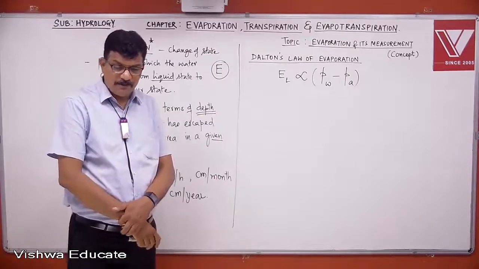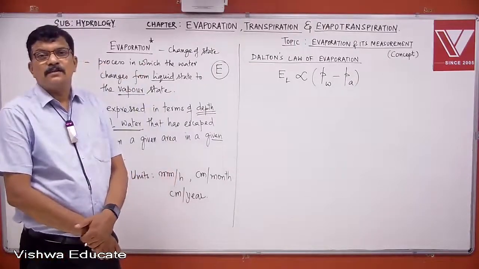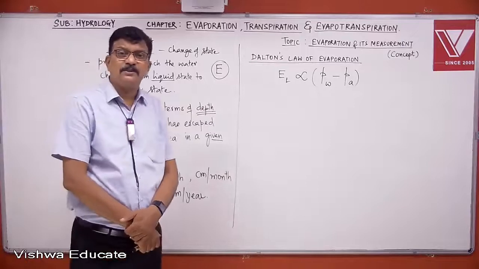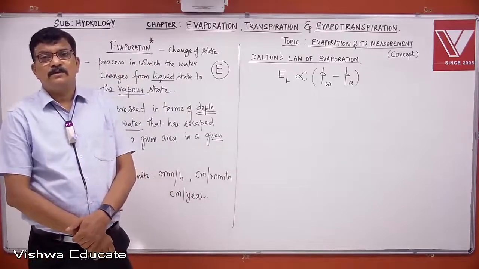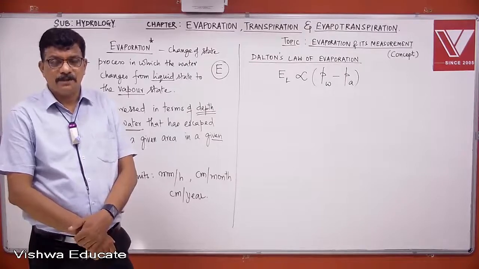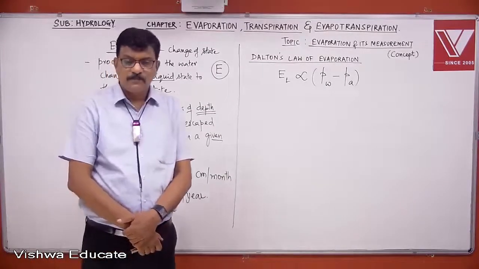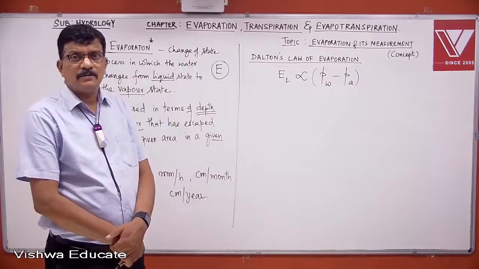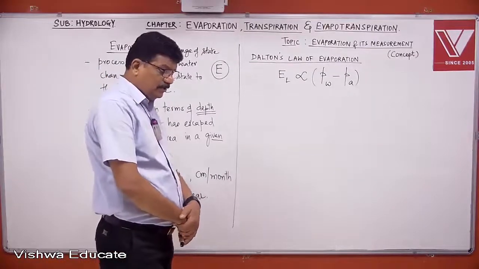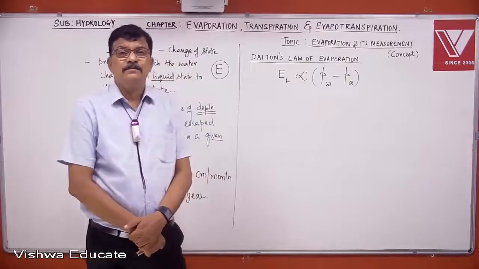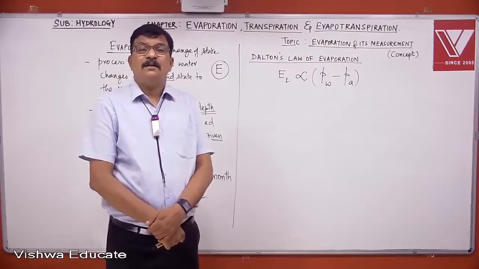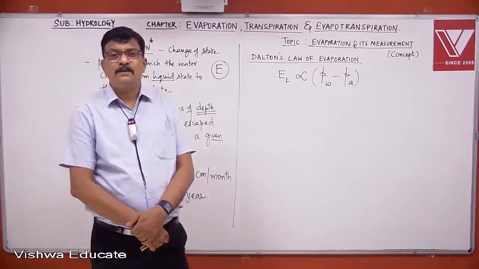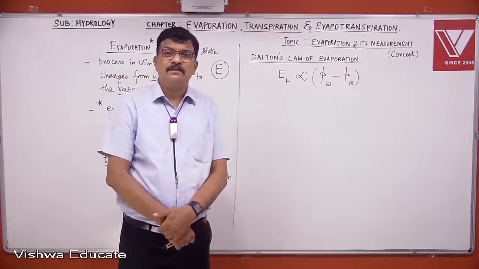The rate of evaporation from a water body is equal to the pressure difference between the saturation vapor pressure at the level of water surface,